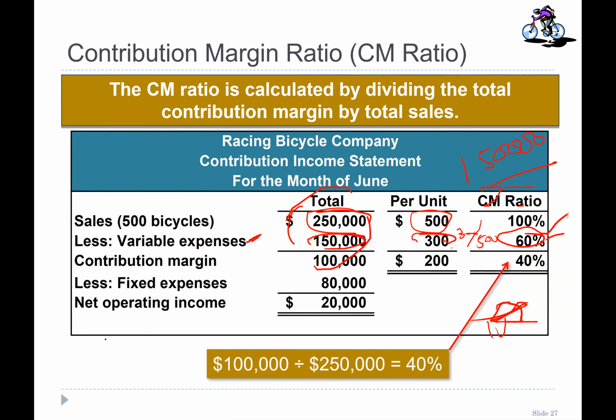Plus, we already know that the sale price minus variable cost is equal to contribution margin, right? So similarly, if sale price is 100%, minus 60% variable cost ratio, what is left would be your contribution margin ratio. So you can use different ways to find out the contribution margin ratio. If you know the contribution margin and you don't know the variable cost, just